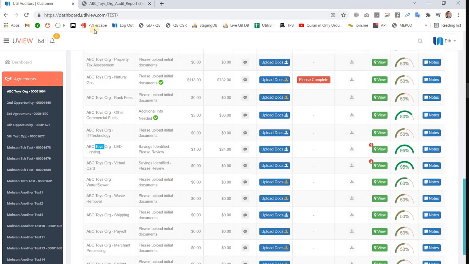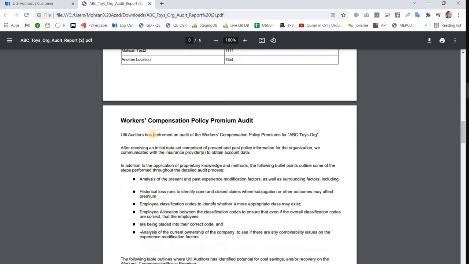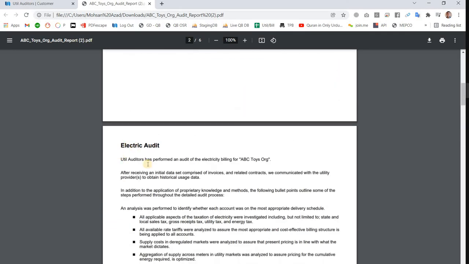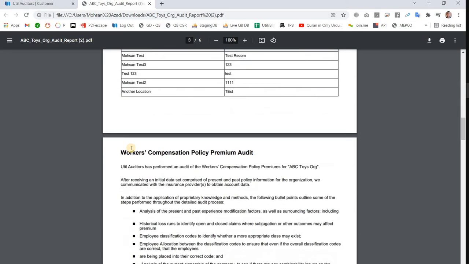So here we will only have those 5 audit types in the report. Others are not included in this report until those audit types have any savings or status update.